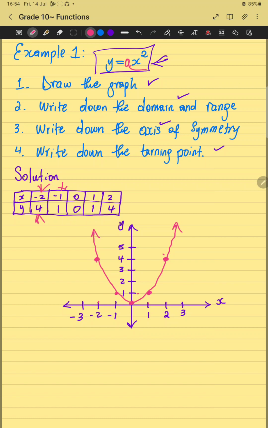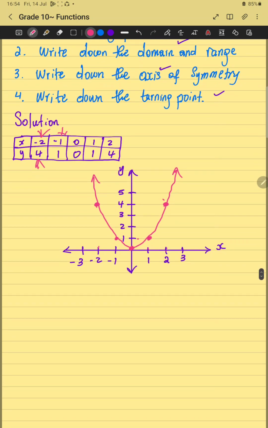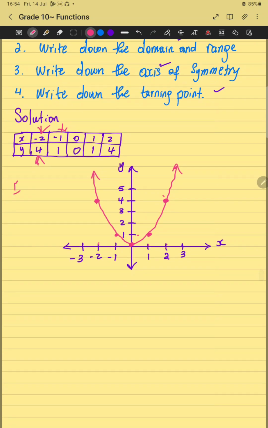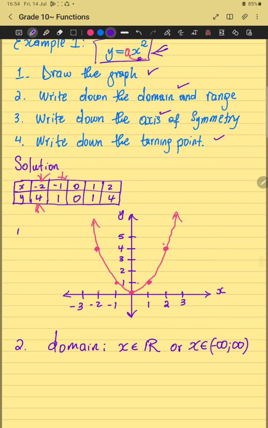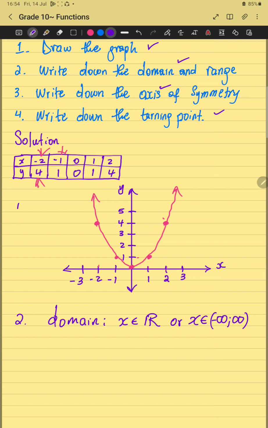The second one is to write the domain and the range. The domain is easy. For the domain, you always put x is an element of the real numbers, or maybe you can say x is an element of negative infinity to positive infinity. What does this mean? It means that any x value that we substitute in the equation in place of x, we're going to get a solution. That's what it means. And then when it comes to the range,